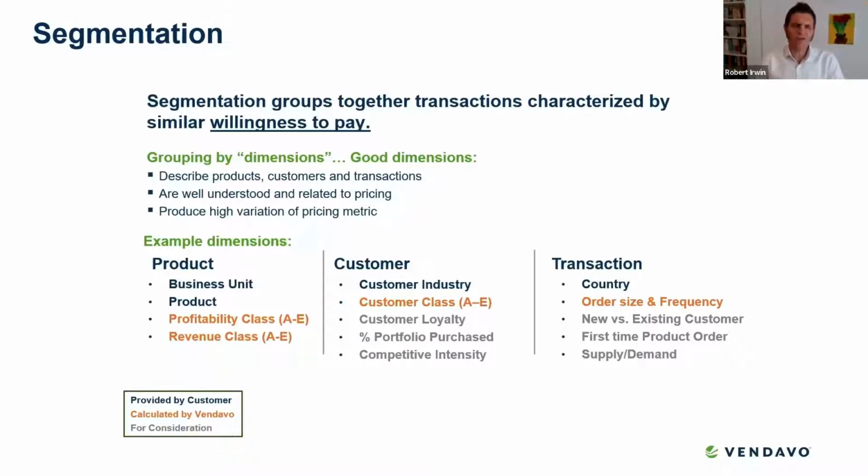And then there are other things that we might like to look at. So the percentage of portfolio being purchased by the customer, or is this the first time that you've offered a particular product to the customer? These can make a difference in the segmentation model and in the targets that you want to recommend to your sales organization. So we take these dimensions and we build a